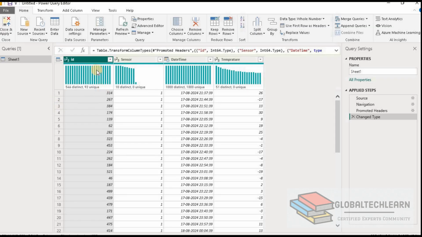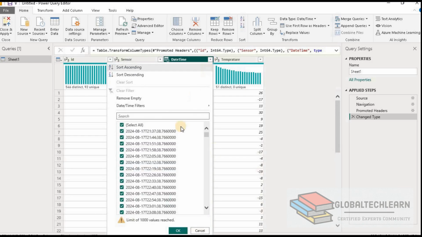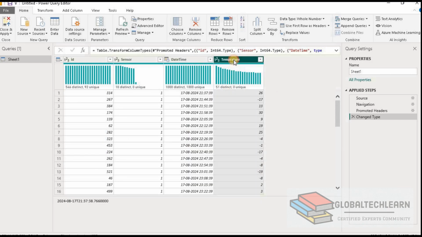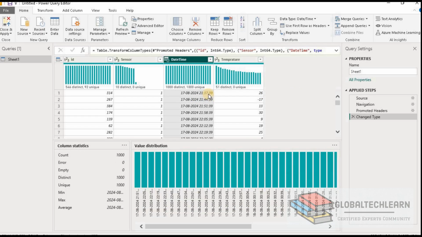Here in Power BI we have temperature data, and we can see we have sensor, and under sensor we have a list of all the sensors. Then we have date and time, where we can see we have data down to the second level. Then after date and time we have temperature, which we need to aggregate to achieve the average by hour. But before aggregating this data, first we need to remove the minutes and seconds from the date and time field.